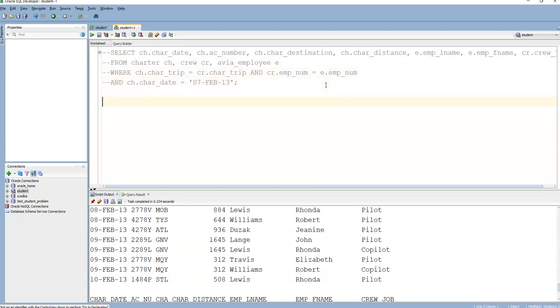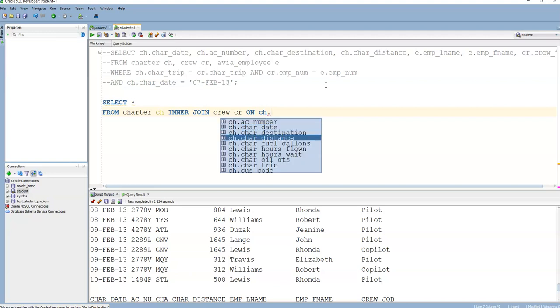So if I were doing both of these, now I would normally have done this just as the inner join to begin with anyway. So I don't usually do this, but this is the routine I've gotten in where I have to do both. So charter, CH, inner join. There's no outer joining in this one, thankfully. So inner join the crew, which we call CR, on the fact that the primary key of the,